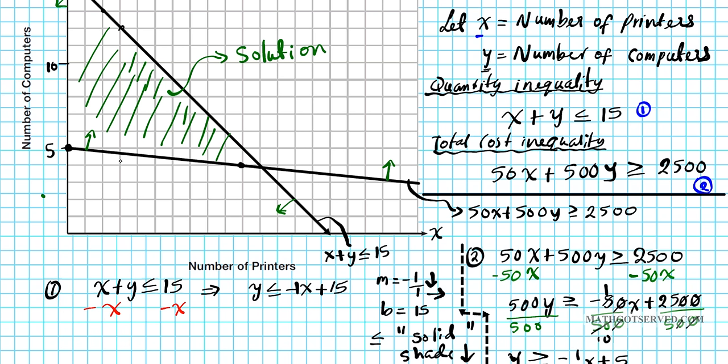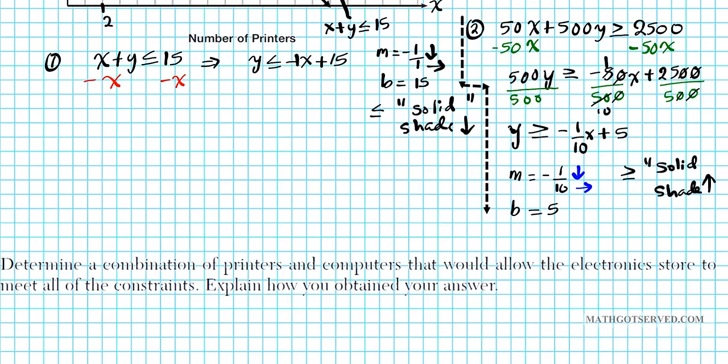So all we have to do is simply pick any point in this shaded region, and that will satisfy the constraints. So what I'm going to do, let's call this 2 and 6. Is that a solution? Absolutely. Why? Because it's in the shaded region. All right, so let's go ahead and write down our answer. We're also asked to explain how we obtain our answer. A combination that meets all the constraints